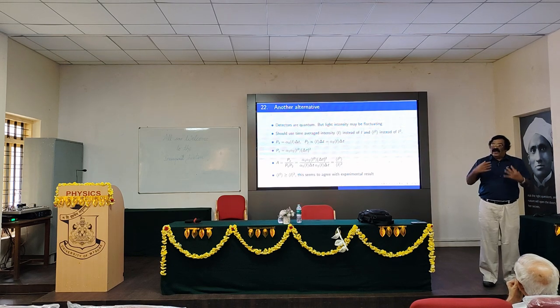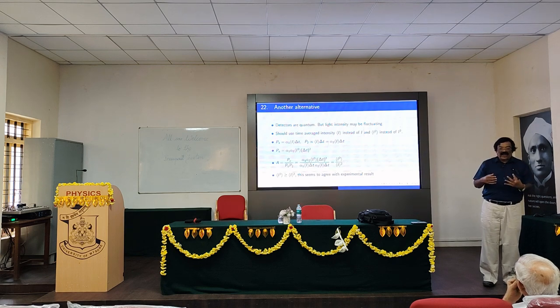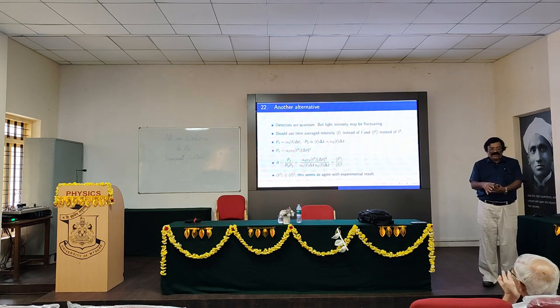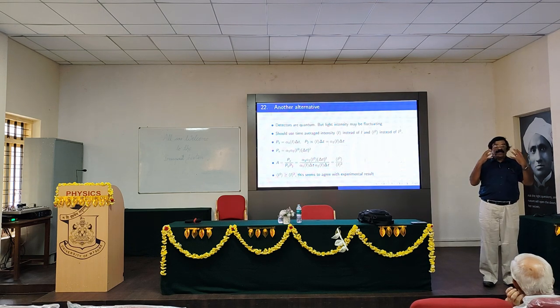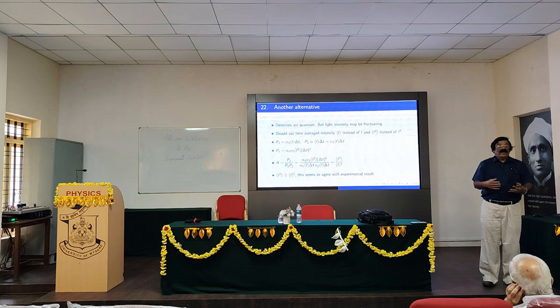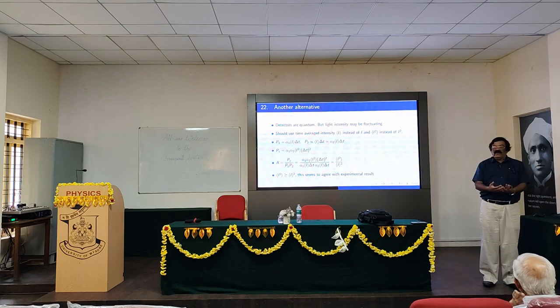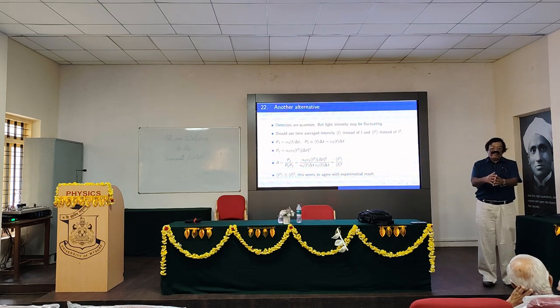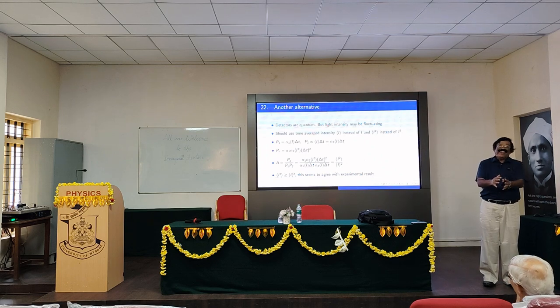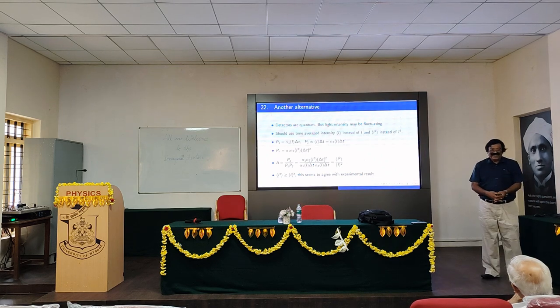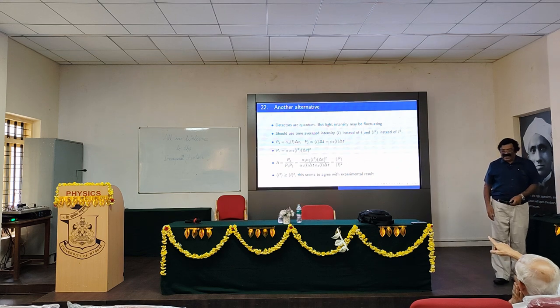If our eyes were able to respond at that time scale, suppose our blinking was 10 power minus 15th of a second, femtosecond, I would have seen variation of light intensity here, and I would not have seen you at all in this form. But it could have been a periodic variation, not fluctuation. Yeah, a periodic variation is a form of fluctuation, a very systematic, coherent way of fluctuation.